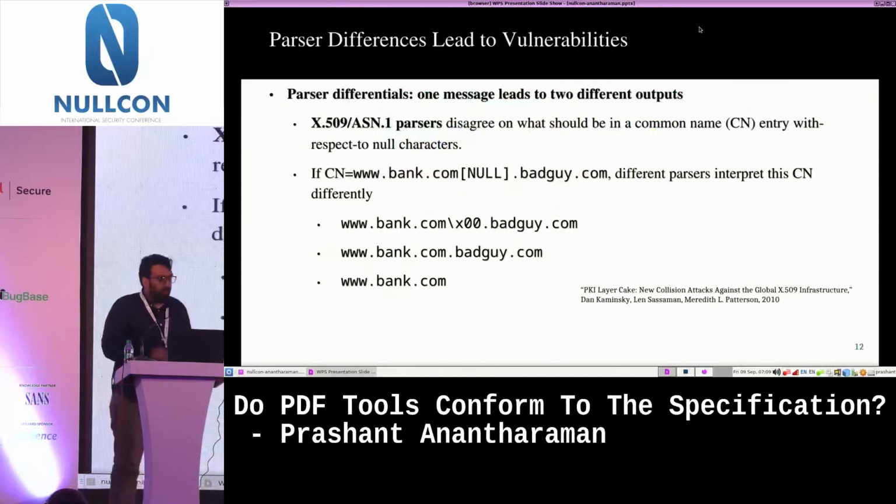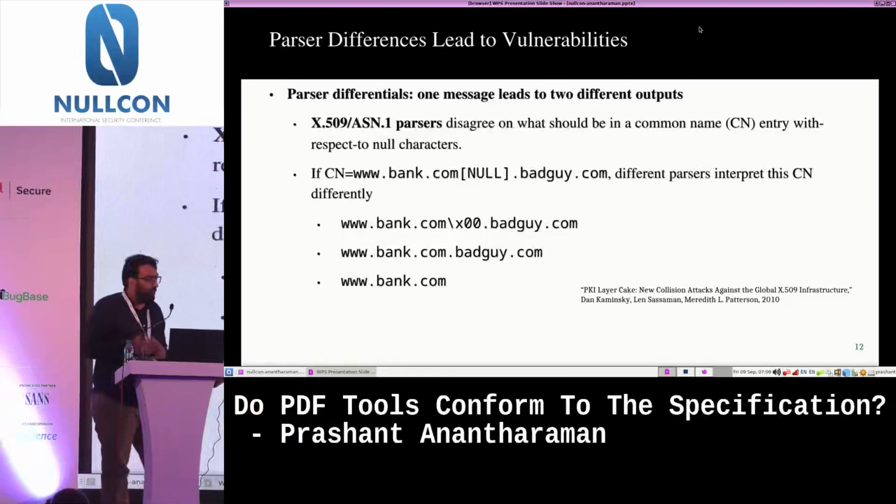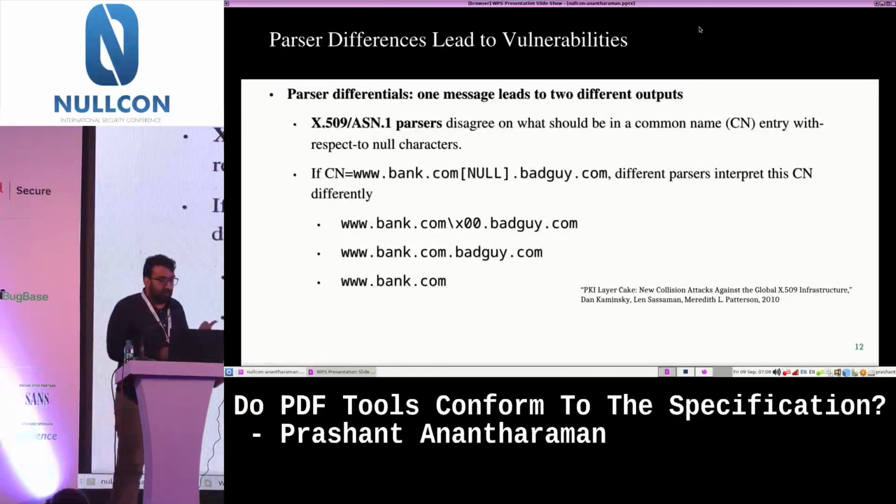And you might think that if I use a memory-safe language, why do I care, right? But there is another class of vulnerabilities called parser differentials. For example, what I just showed you, where different parsers are consuming the same PDF file, but they output 3 completely different things. So that's not okay, right? Because